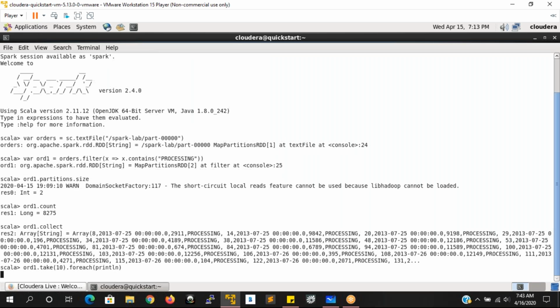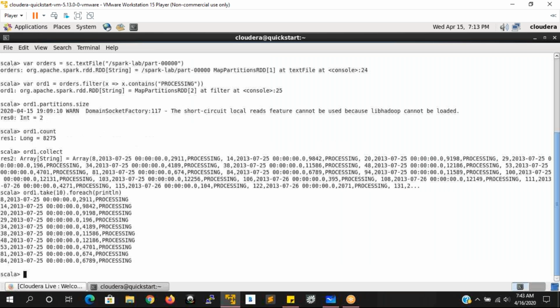It is going to print the first 10 records of that RDD. So till now, whatever we did here, collect, count or first action, what is happening here?